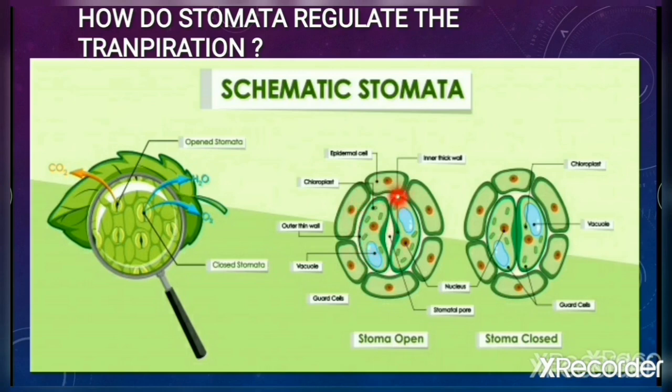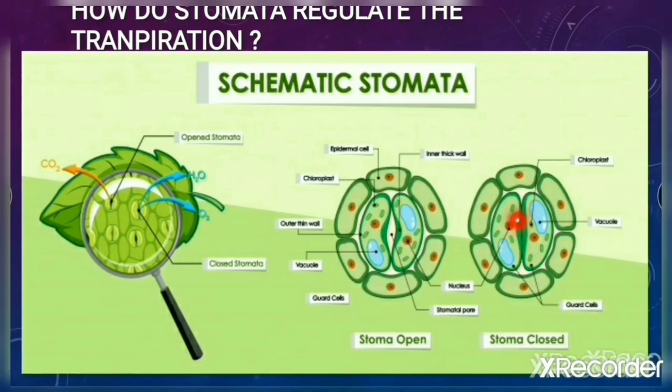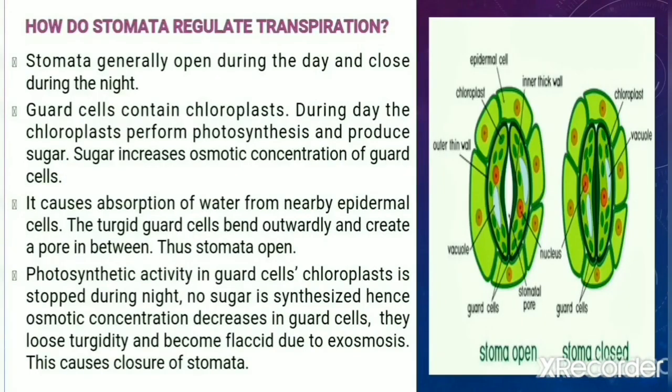These guard cells are also green in color. They contain chloroplasts, and they also perform photosynthesis. They also have microfibrils which help in maintaining their turgor pressure. Turgor pressure in the guard cell is a very important feature for the opening and closing of stomata, which we will discuss later on. So these guard cells will control the opening and closing of stomata. Let's discuss how these guard cells control the opening and closing of stomata.